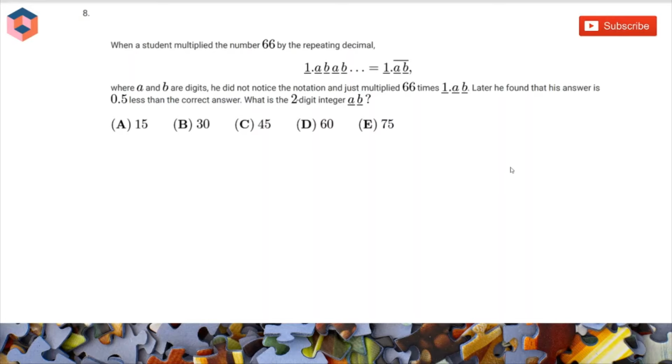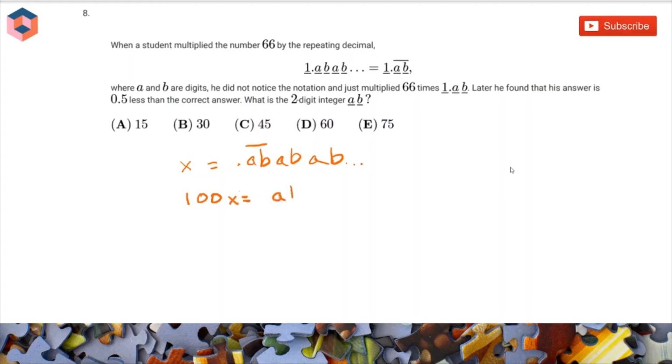Okay, so notice that the 1 is common to both the numbers, so you can just forget about the 1. Now this first number, AB repeated, we will quickly prove why it's what it is, but you can actually research this more, and I'll leave a link to the actual explanation of this in the description below. But this is just AB over 99. That's because if we have a number, AB recurring, or to write it better, AB, AB, and AB, let's say this is some number x. If you multiply both sides by 100,